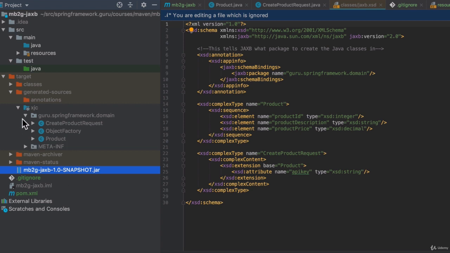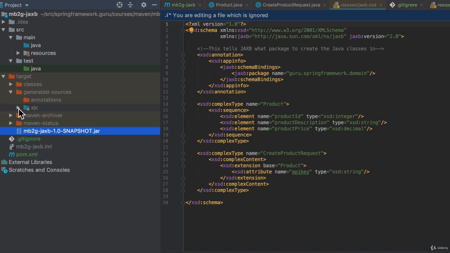And now, let's say I had, I don't know, 20 different classes in this. And this jar can now be shared with other projects. So let's say I'm working on an API, a REST API, and I want to expose this product class. So I can come up with an XSD like this, generate this, and let's say somebody's using Python, I can give them this XSD and say, this is what my data types are for the API. Or if somebody's a Java developer, I could share this jar of types with them or reuse this jar in other projects. So a lot of versatility here in doing this,